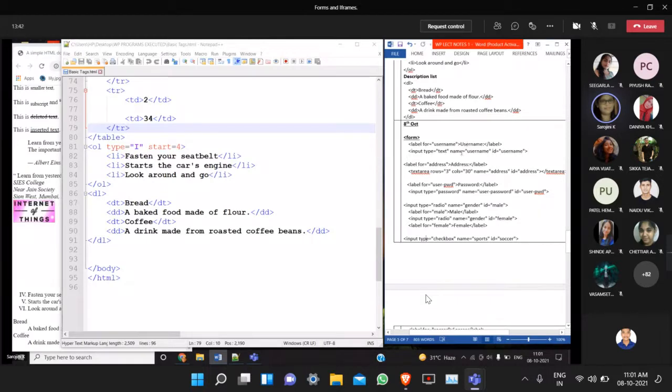This is the control for which I want to create this label. So in this code for this control, I will write the ID attribute. ID equal to, here this is user defined, so anything you can give. I have given ID equal to username.